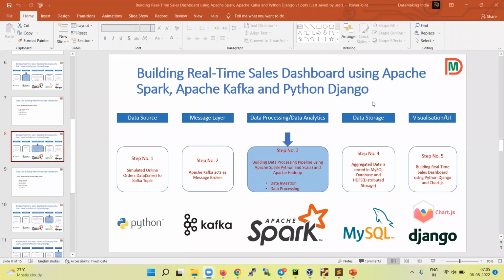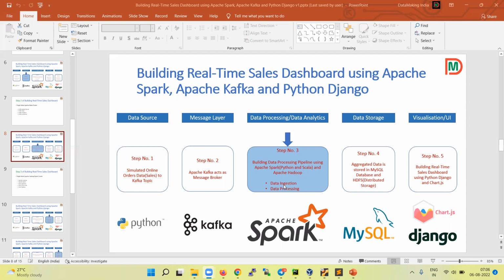Okay, we will start from where we left off in the last session. In this data pipeline building, we just saw the data source, where we have a simulator to generate the e-commerce data as records or messages to the Kafka topic. Now we will see how to consume this data from the Spark streaming side for the purpose of data ingestion,